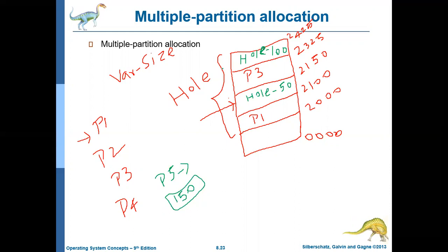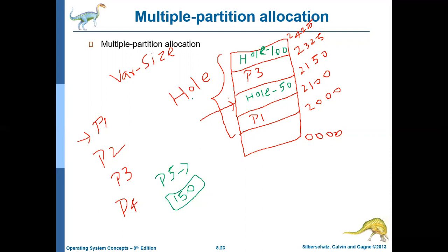Because we need to allocate contiguous memory, you cannot allocate fragmented memory to a newly coming process. So even though sufficient memory is available as a whole, the operating system is unable to allocate memory for the new process.